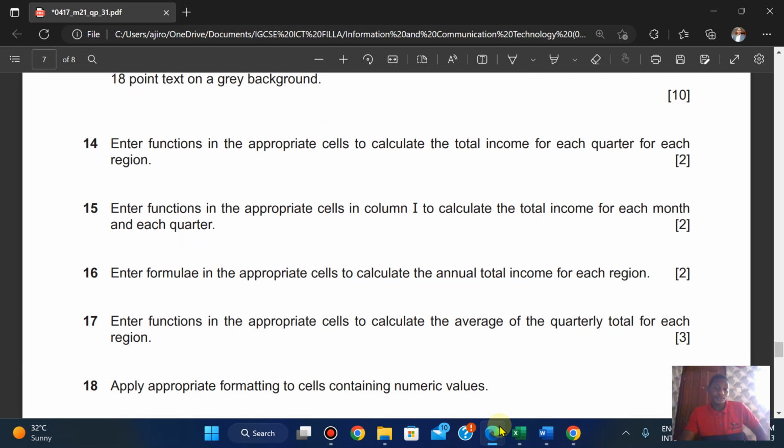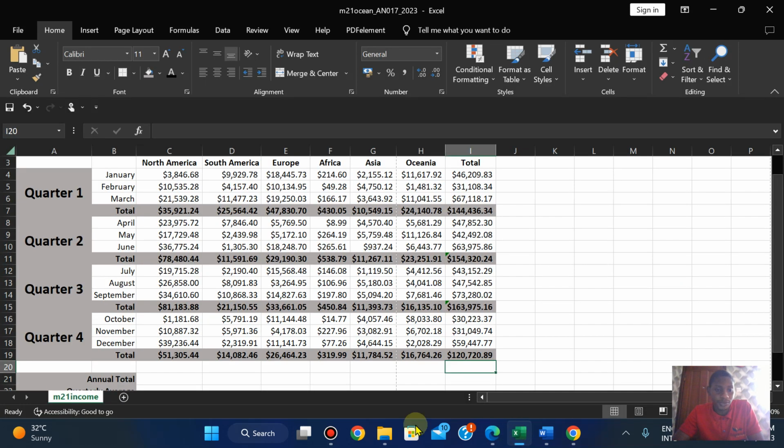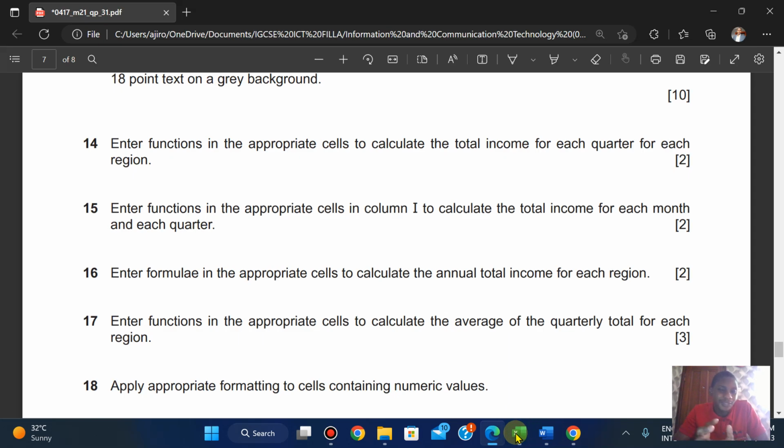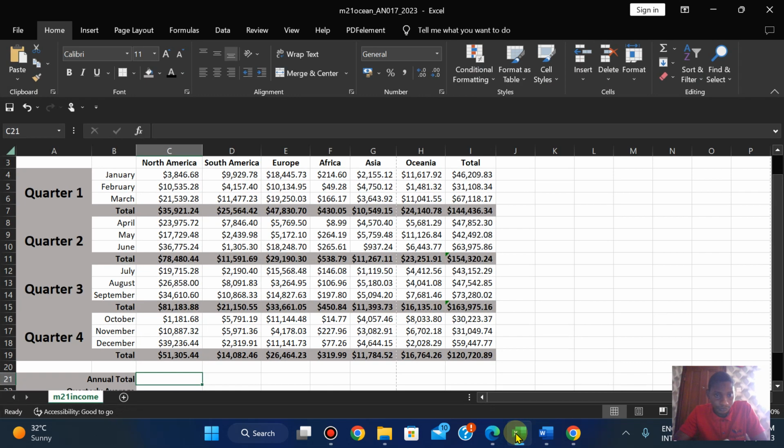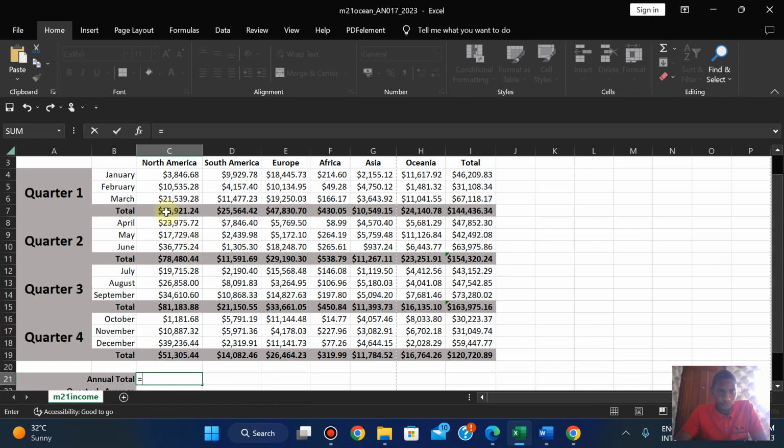Enter formula in the appropriate cell to calculate the annual total income for each region. So what we are doing now is we're going to calculate a formula, not a function, in the appropriate cell. The appropriate cell is going to be right here. Obviously they just say appropriate cell because they just want to see if you know what you're doing. The annual total income for each region. So we're going to calculate the annual for each region. So this will be equals to, for each region,